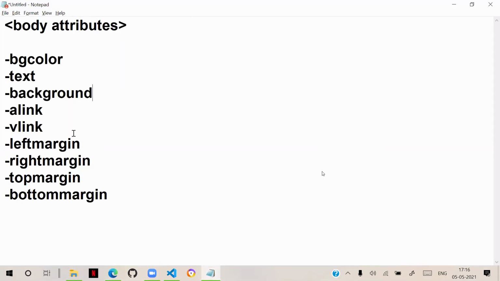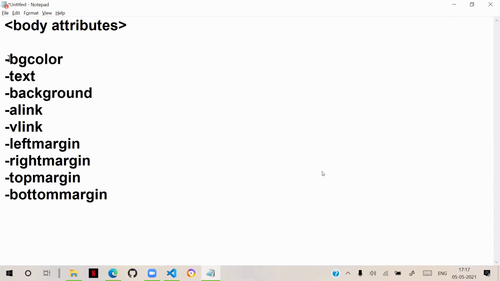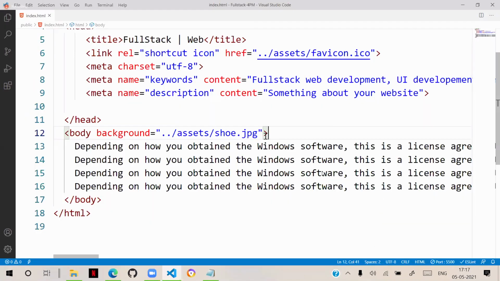So initially we have a background image. The body has attributes bgcolor and background, and text. You cannot use both bgcolor and background. If you write both of them, only the background will come. The color will not come. It means the image will dominate. Text color you can change. For example, the background is shoe and the text is blue or yellow.